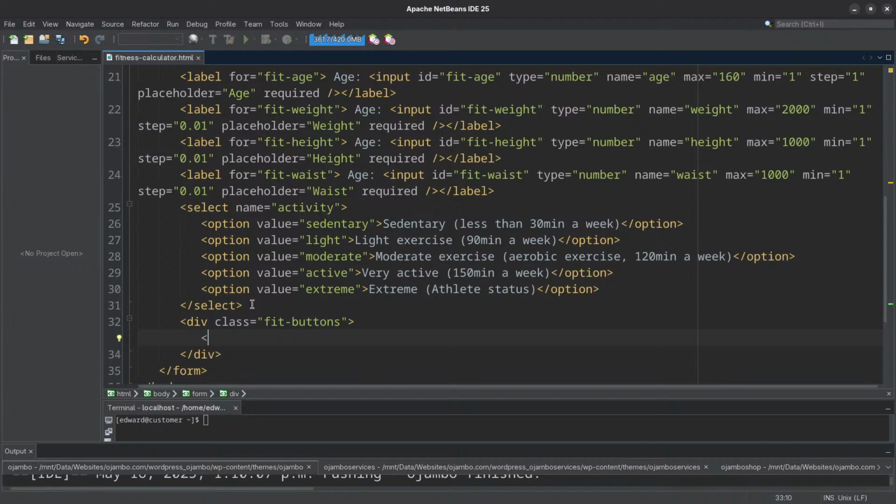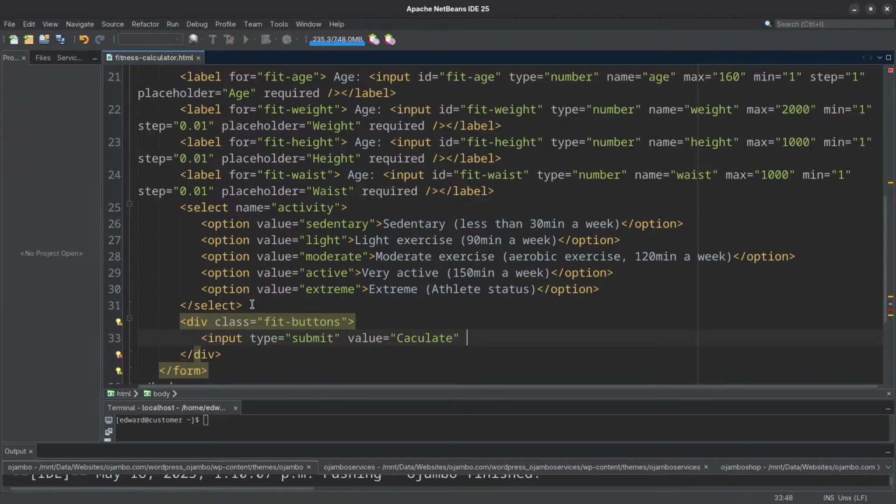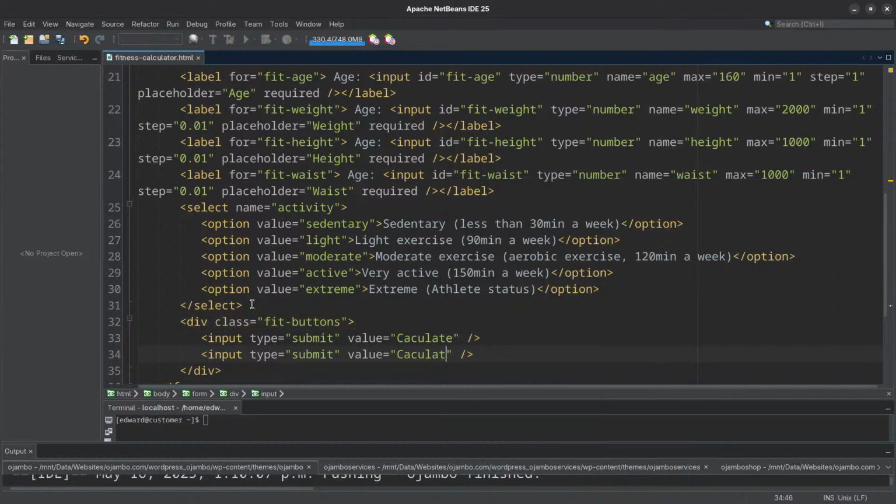Okay, this I'll just use input type submit, and the value is going to be calculate. And then this one is going to be very simple. It's going to be the reset. And it's not a submit button. This one is going to be just reset. Okay, so that's